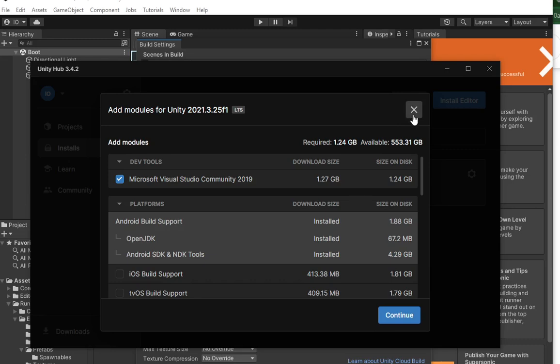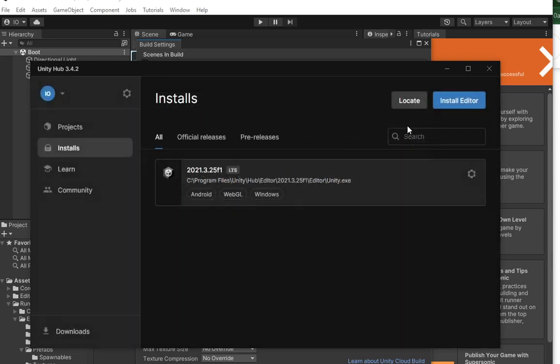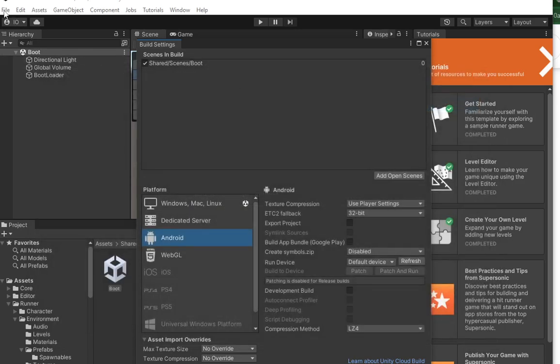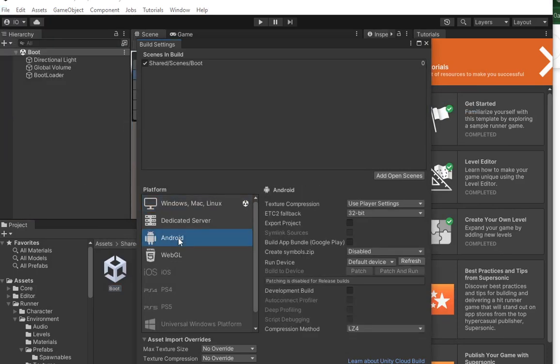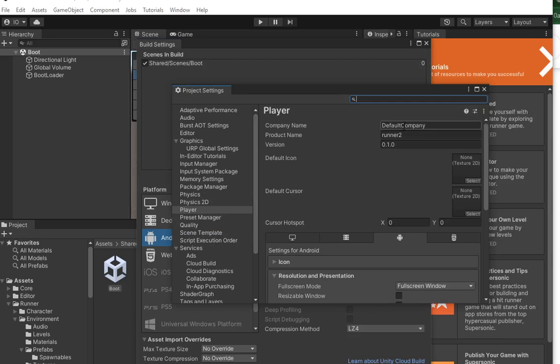After you click continue, you have to wait a few minutes for your computer to download the installer for Android. Once you are done, your build setting for Android will be activated. For this part, you have to do some configuration for the player. If you go to the player setting at the bottom left,